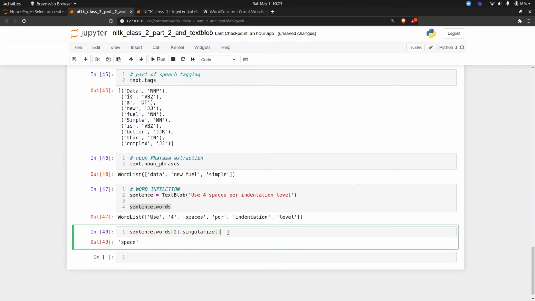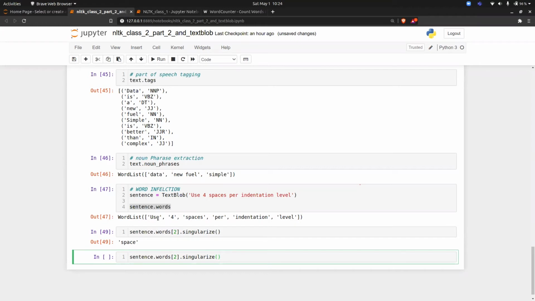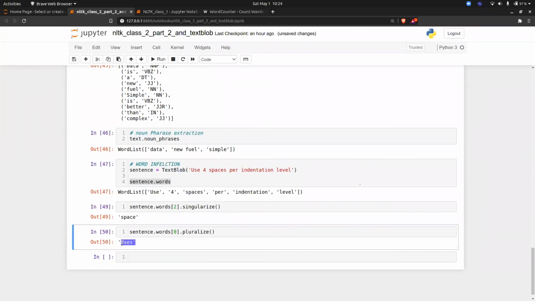The same thing, you can call a function called pluralize. So for example, let's take this word. This is the 0 index, and if I change this to pluralize, this is uses. Let's go with indentation. So 0, 1, 2, 3, 4.